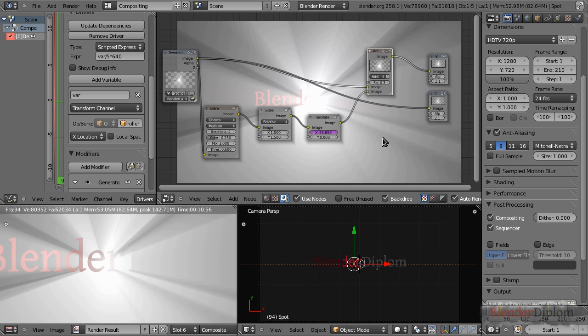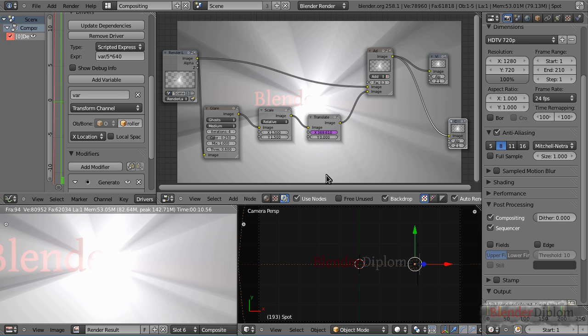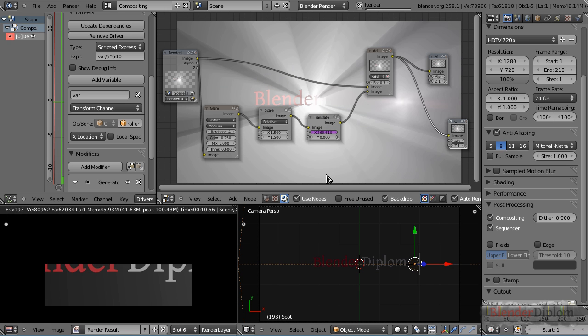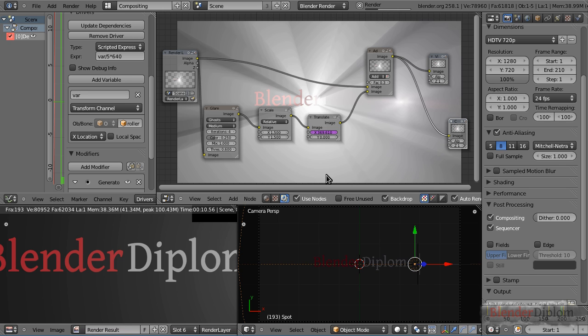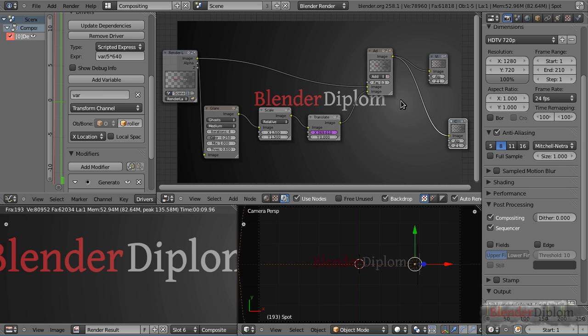Well, just 2 or 3 more little things. First of all, you shouldn't forget to put the final composite also in the output composite, because otherwise you won't see the composite effect, the glare effect in the final render. Then second, here you can see the reason why I have chosen a very dark or a pitch black background for this effect, and that's because the